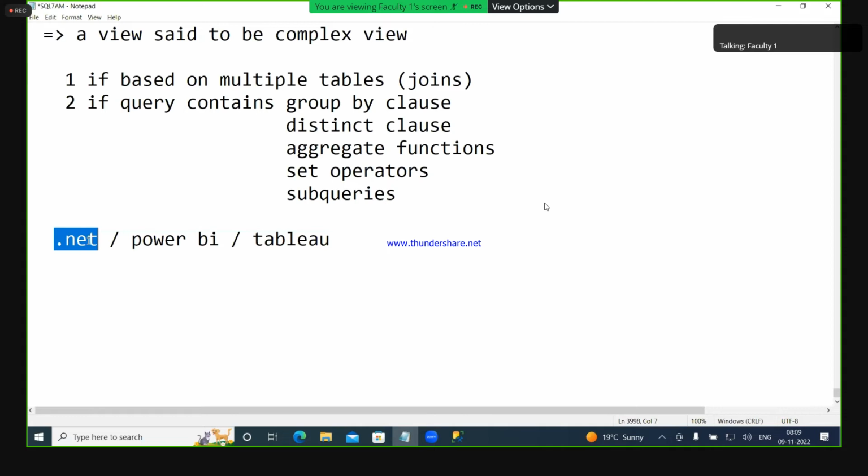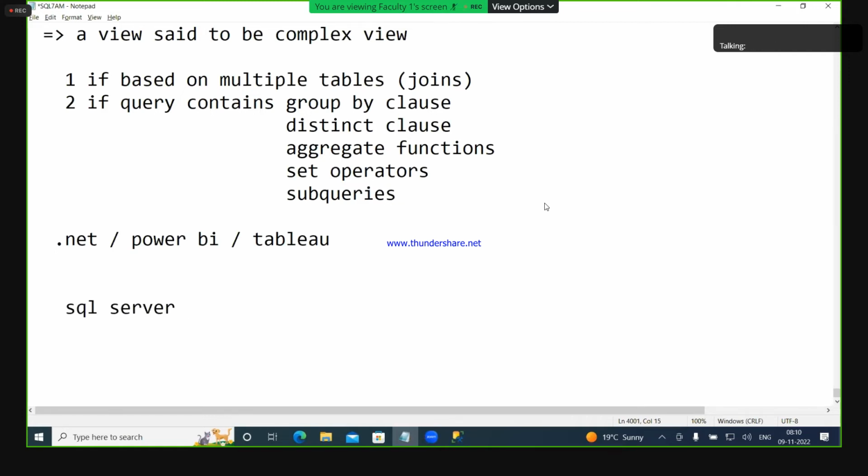This .NET developer is developing one application, or the Power BI and Tableau developers are developing presentations, data visualization, reports. They are creating the reports, and for this they need data. For his application, he wants data. The data is not there in .NET. It is there in